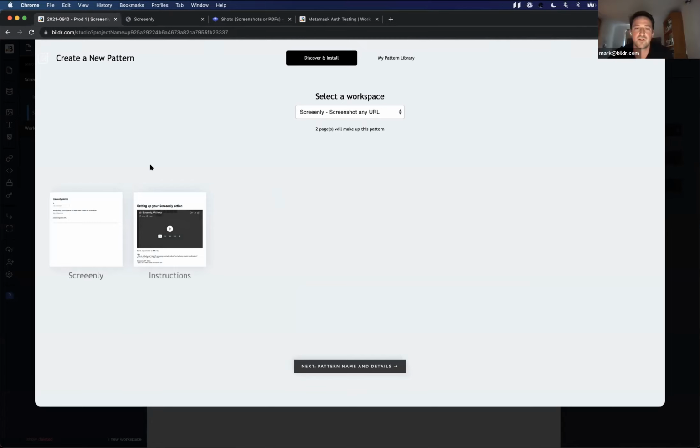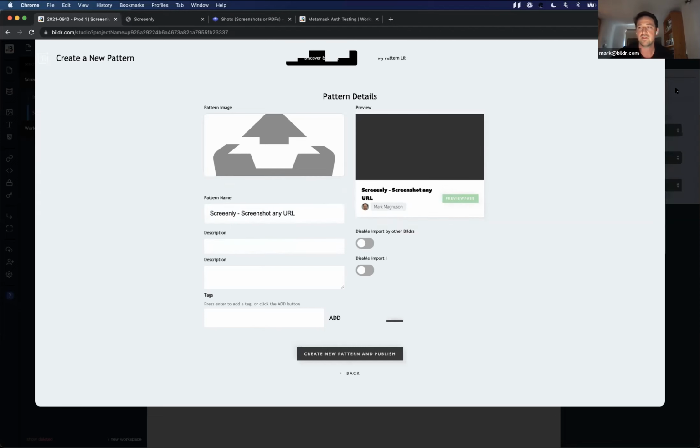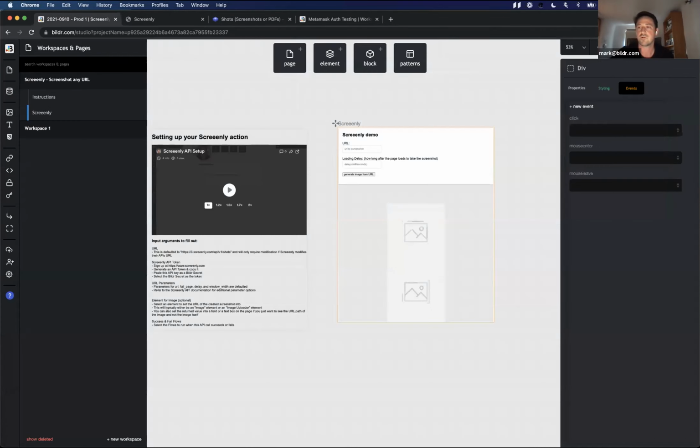Yep. So when you share a pattern, it's going to show you the workspace that you selected. And if you select the wrong one, you can just select another one. But what you're going to do when you come here is fill out the details. So add a pattern image, change the name, this is going to come from your workspace name, give it a description, give it some tags if you want. And then after you create the pattern, you'll have an option to add that to your profile. So if I go view profile,